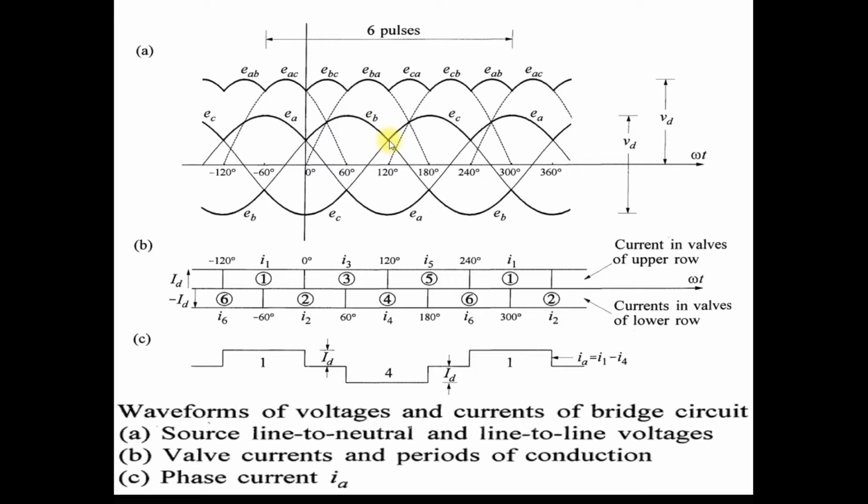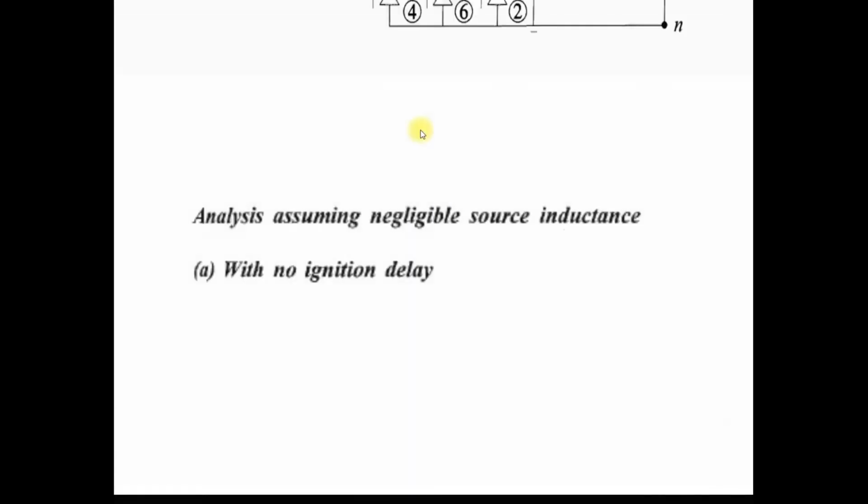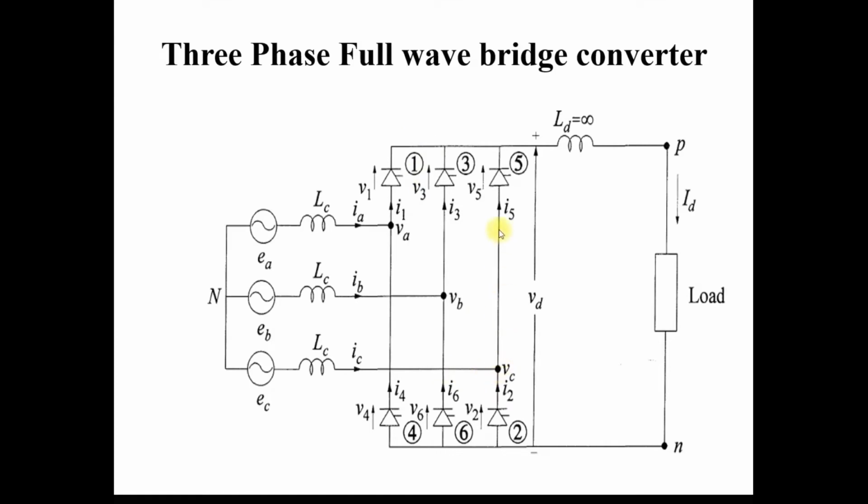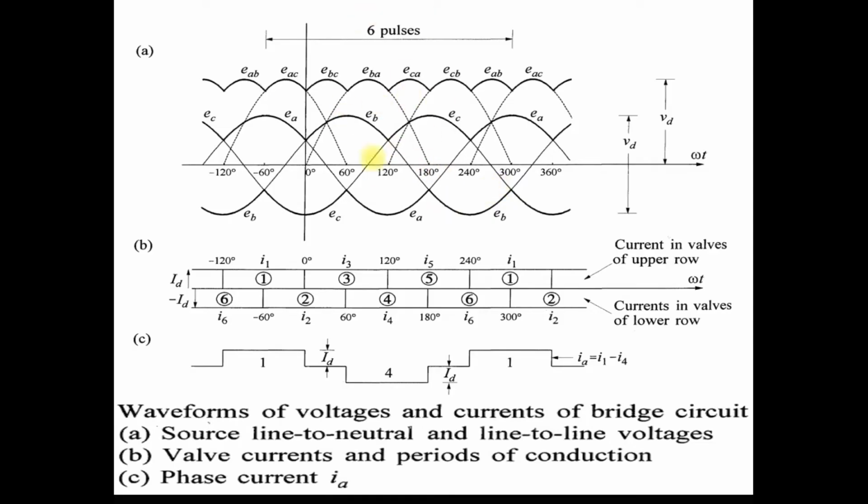So at this phase crossover point, again the incoming phase becomes most positive, phase number C. So that is connected with the anode of valve number 5. You can see that here phase C is connected with the anode of 5. So from this point valve number 5 will start conducting. So you get whole phase C at the output side. Same way here you get EA phase because of conduction of valve number 1. So this is about the positive group.